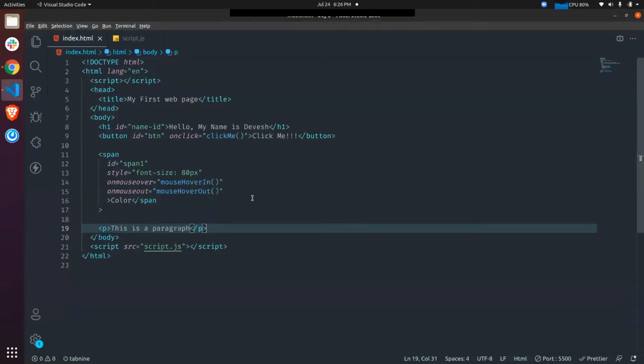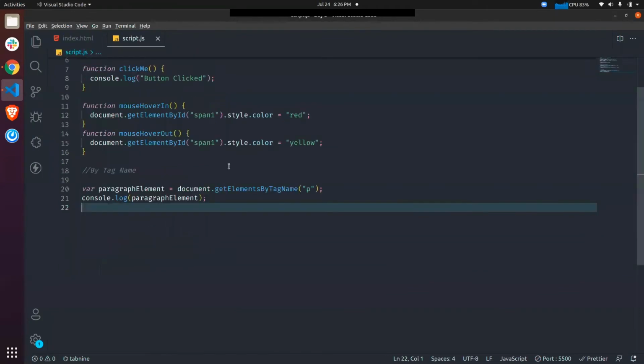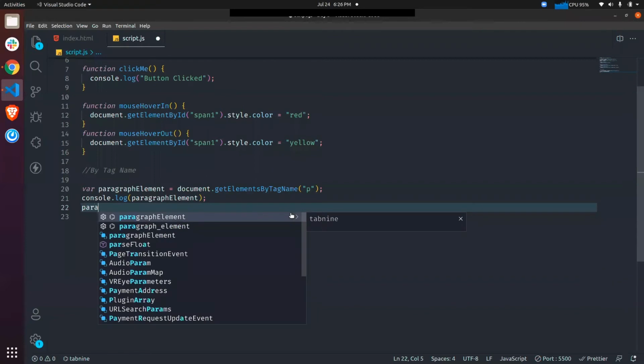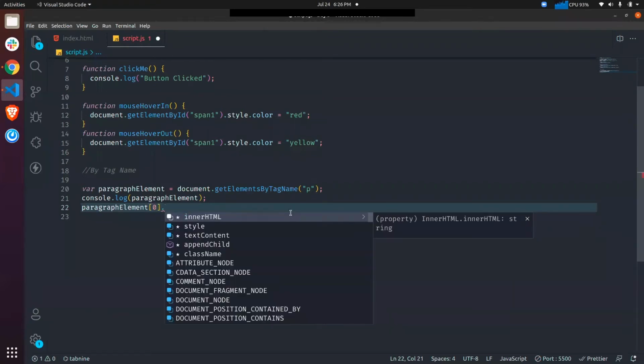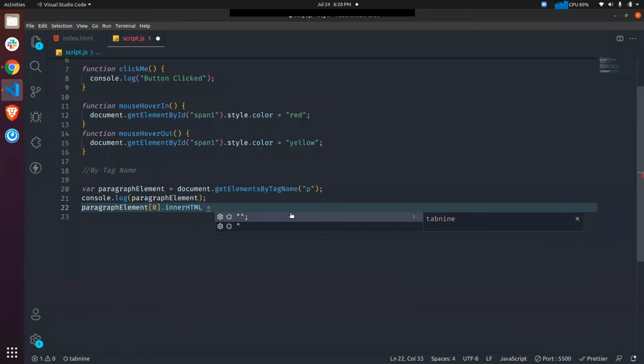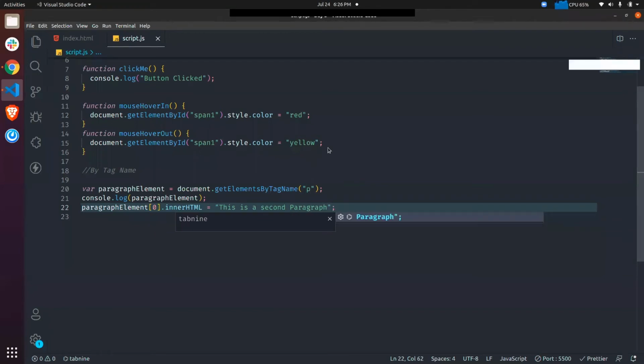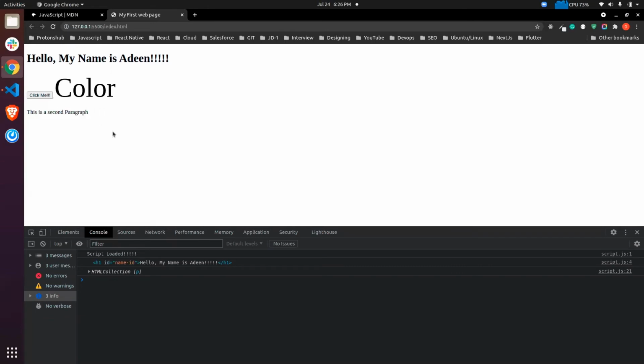Okay. So if you want to change the text of this particular thing, what I'll do is paragraph element 0 dot innerHTML equals "this is a second paragraph". It should change. Yeah, it is changed. So this is how we can do it.